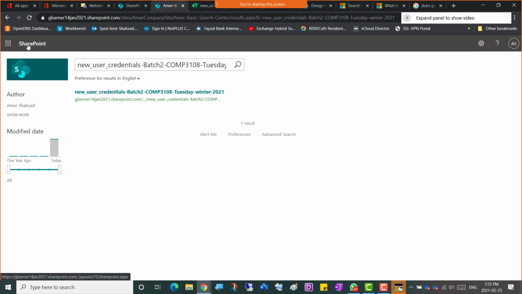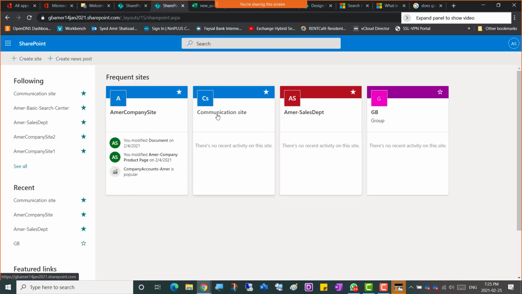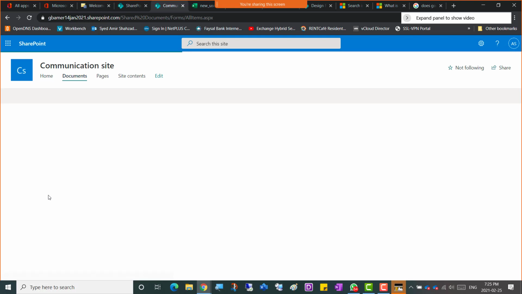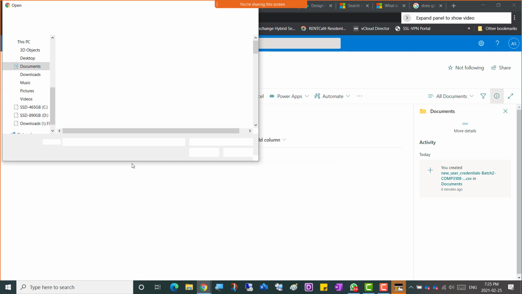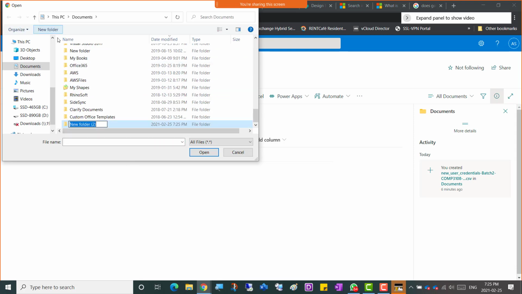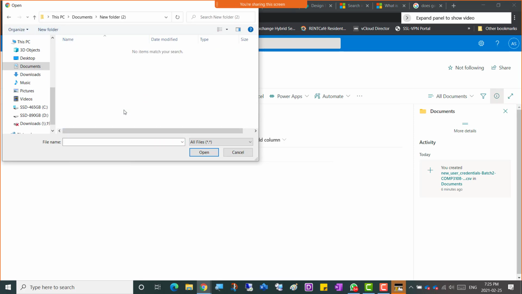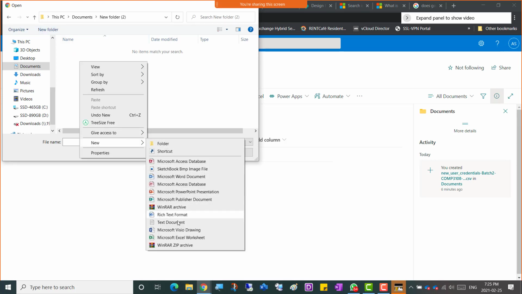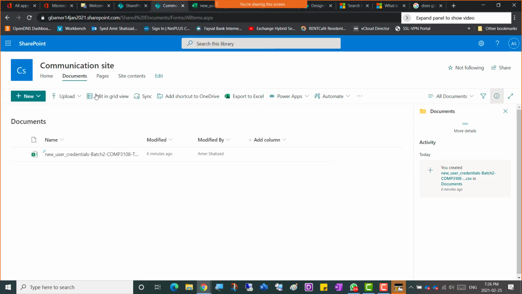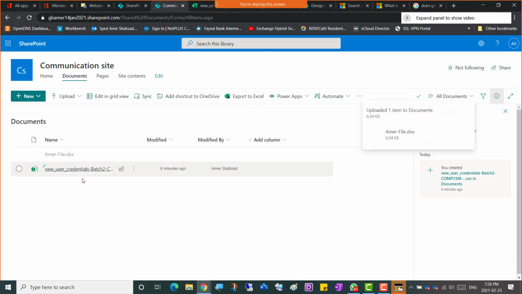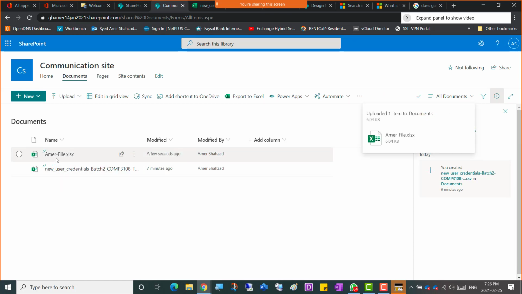You know what, guys, just wait up. I'll go to communication site here, go to documents, and files, and I'll just create a new folder inside. You don't have to do that, I'm just quickly doing this. New, and Excel sheet, and I'll just go for your first name file. You don't have to do that, I'm just quickly uploading a random file that I can search easily now. Your first name dash file dot